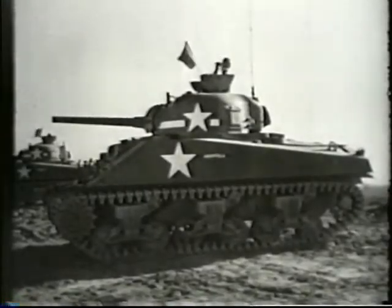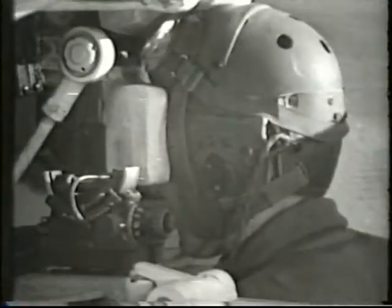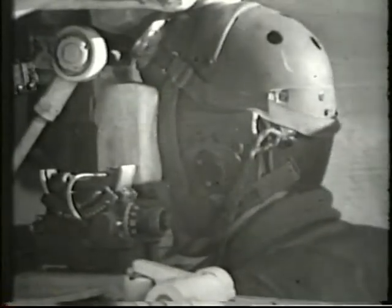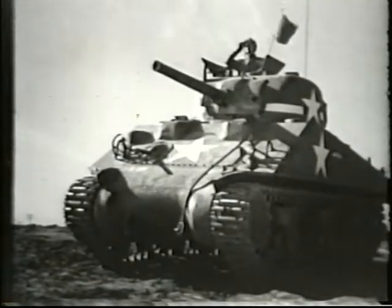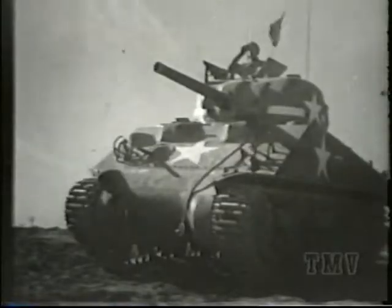We've seen some of the effects. Now let's get to the causes. A tank can advance and maneuver and shoot, but it can't think. Somebody has to decide when to stop and when to keep moving. Which is the best firing position? What kind of ammunition to fire? Those decisions are up to the tank commander, but the principles involved are things every one of you needs to